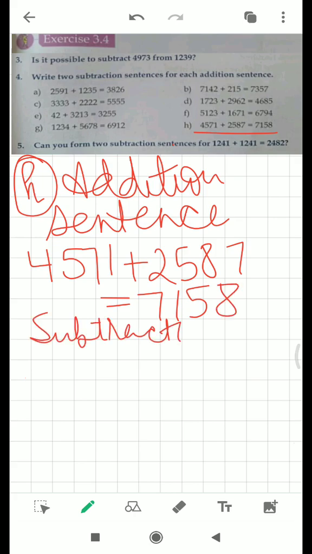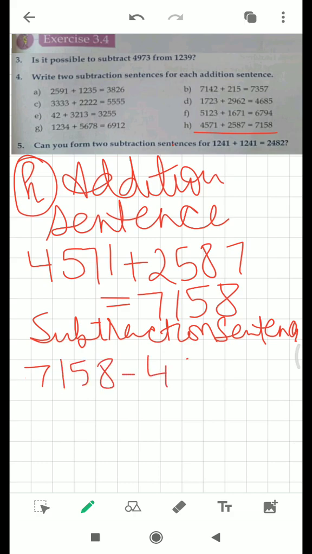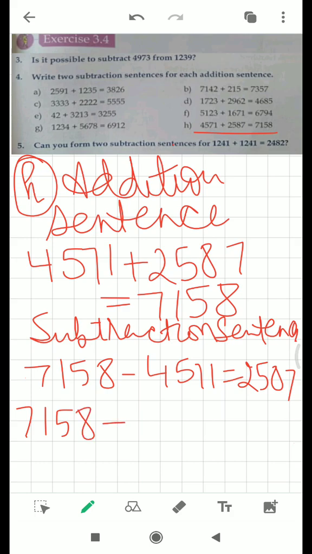Subtraction sentences. 7158 minus 4571 comes out to be 2587, and 7158 minus 2587 comes out to be